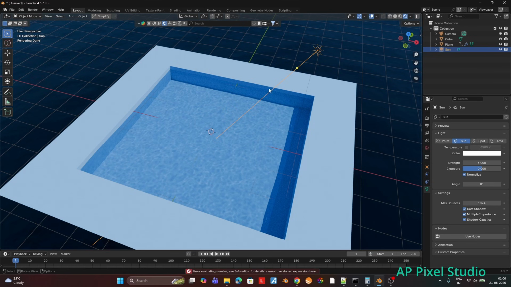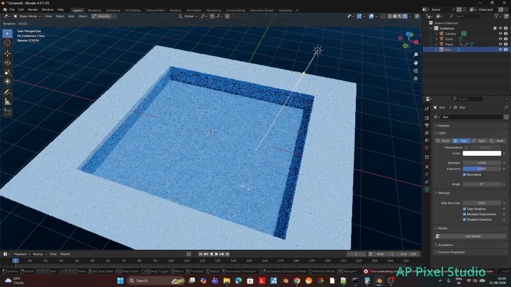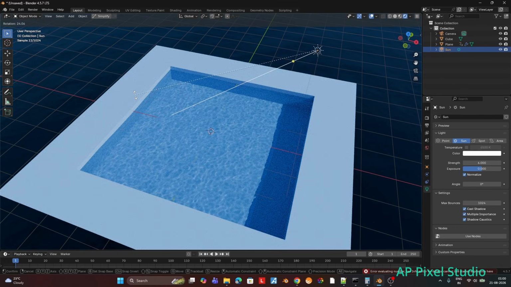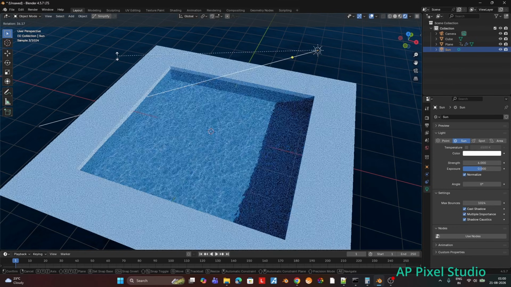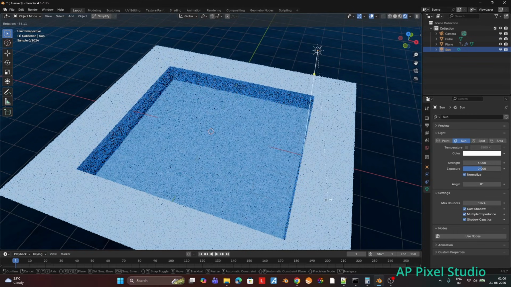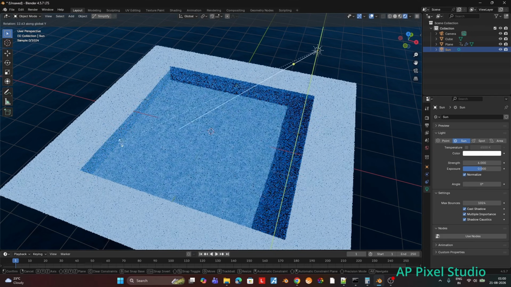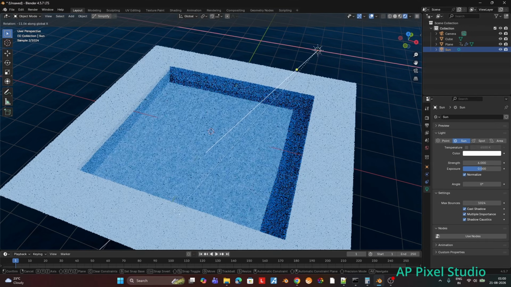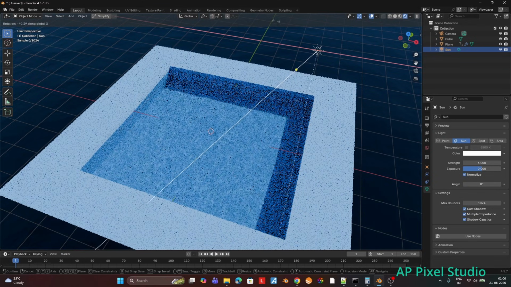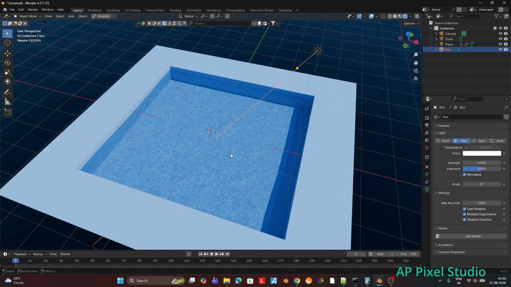For now we will just keep it at 0, and if we rotate it using R, you can see the rotation of the sun creating different caustics. If we keep the sun straight, it will have no caustics or very few, and if we angle it in some direction, it will create better caustics. You can try the X direction, Y direction, or both, and it creates the caustic effect accordingly.